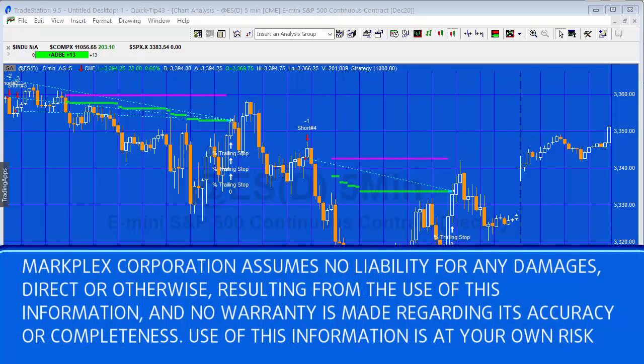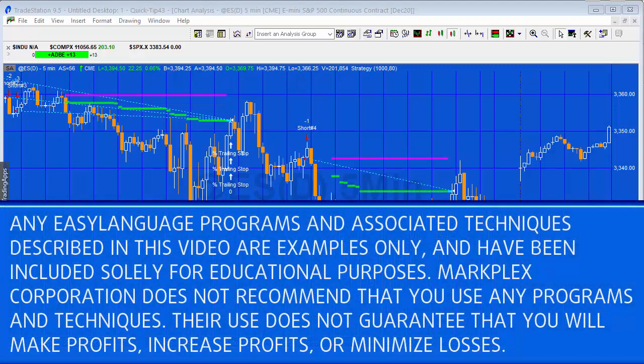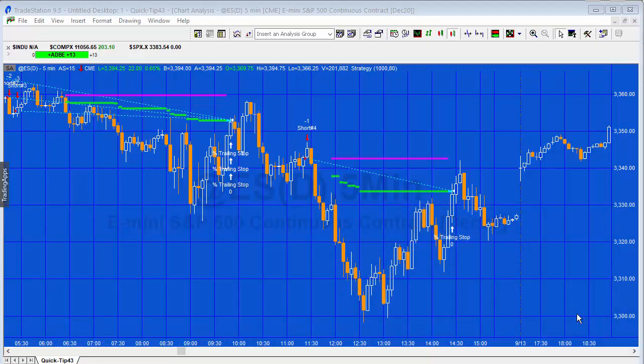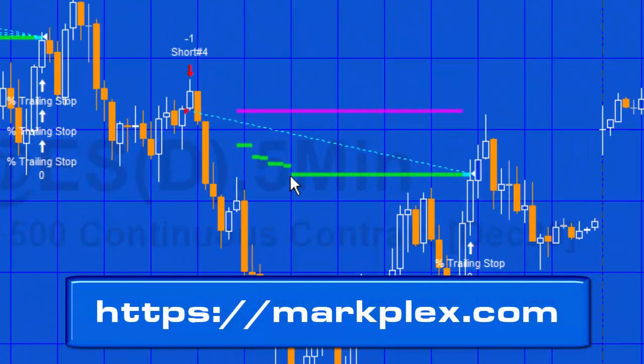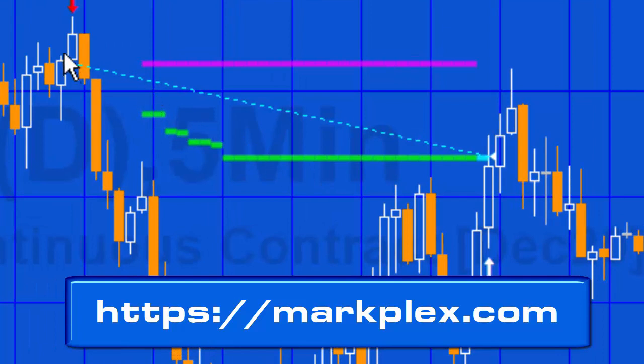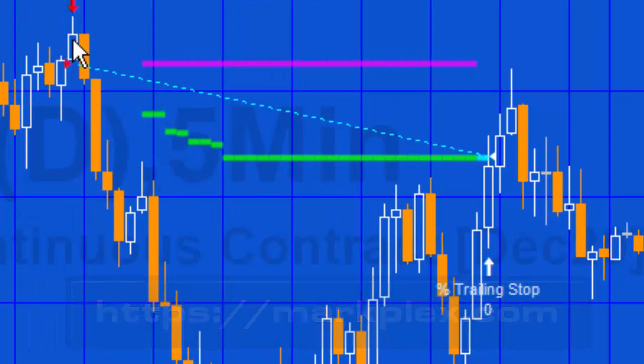Hello and welcome to quick tip 43. In this quick tip, what I'm doing is drawing the level of a stop, and we're calculating the stop using the standard function SetPercentTrailing. I'm drawing that on the chart, and you can see here we're making a dummy trade and we're using set percentage trail, and the value at any particular bar of that level or of that stop is drawn here